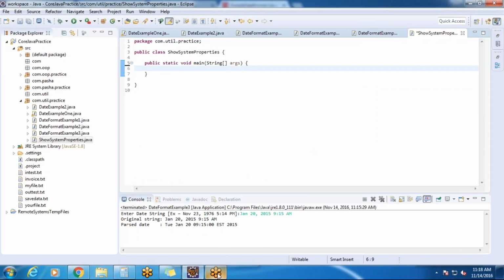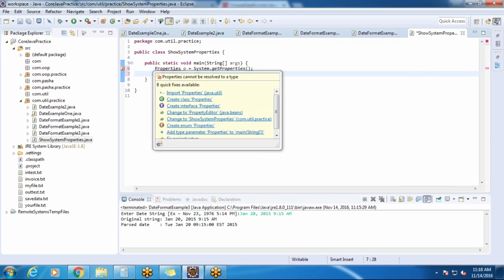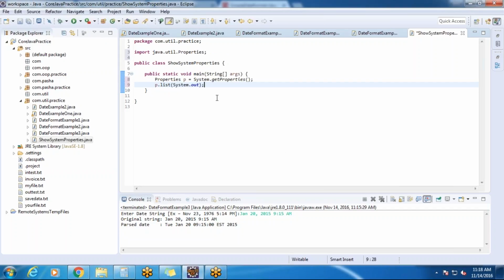So copy this variable, Properties p equal to System.getProperties. Copy these two lines and paste there. And Properties is a class from the java.util package. So import that. So this class is going to represent a set of properties which can be saved either